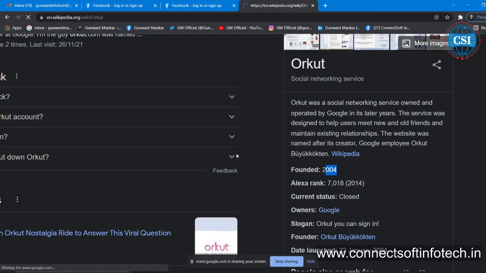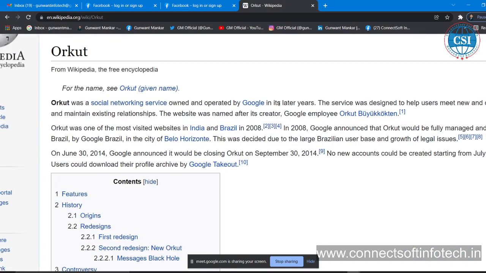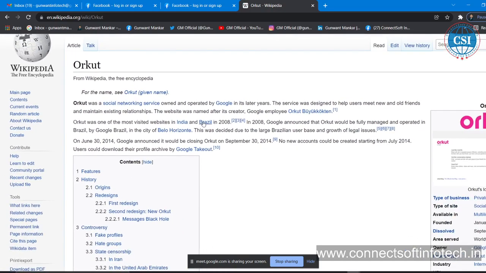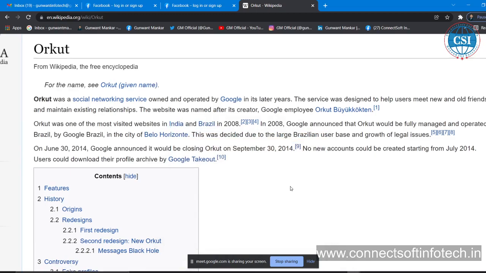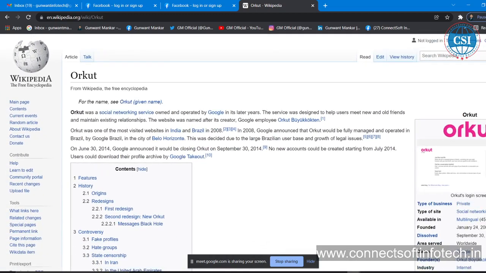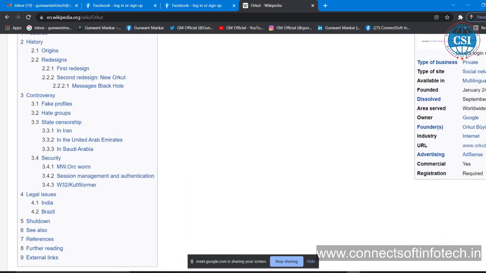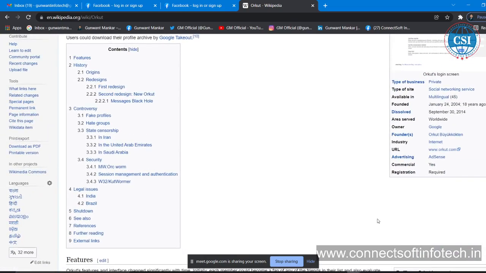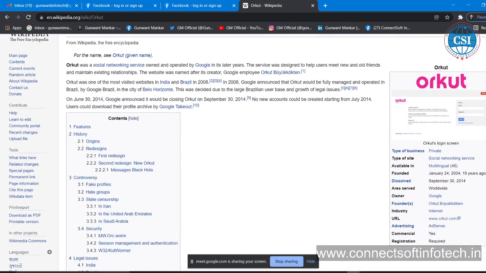Okay, so see here, Orkut is a social networking site, और उस टाइम पे कब बंद हो गया? हाँ, सी द ब्राज़ील, यस। तो आर्कुट वॉज द मोस्ट विजिटेड वेबसाइट इन इंडिया एंड ब्राज़ील। उस टाइम पे ब्राज़ील और इंडिया में सबसे ज़्यादा ये ऑर्कुट यूज़ करते थे। मैं भी ऑर्कुट बहुत साल तक यूज़ करता था। और ये ऑर्कुट बंद कब किया? जब फेसबुक आया उसके 1-2 साल में ये ऑर्कुट टोटली बंद कर दिया।